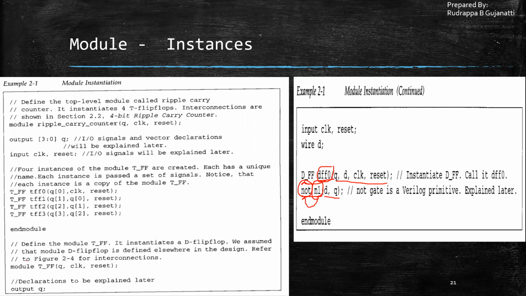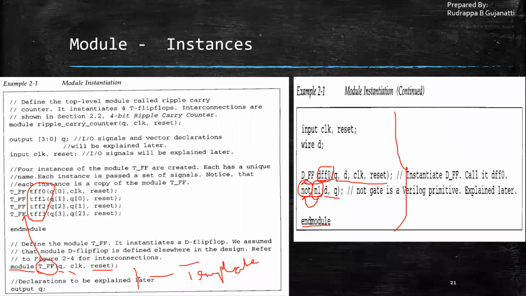So here again, you just check, the T flip-flop module has started with the keyword module and it has terminated with the endmodule. So this along with this part is one module. So this is the template for T flip-flop. This is what we specify. And using this template, we are creating instances of the T flip-flop. I can have any number of instances of this T flip-flop. Now here, if you just see what you have, Q, clock, and reset. So this is the terminal list. That is what is provided here. These are the three parameters which you are providing.